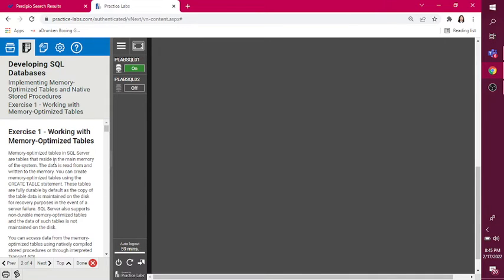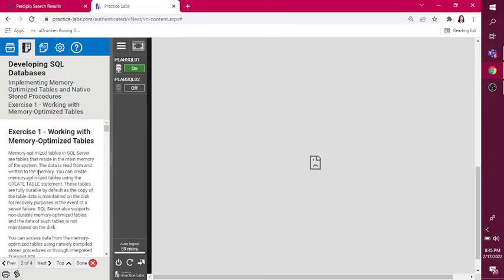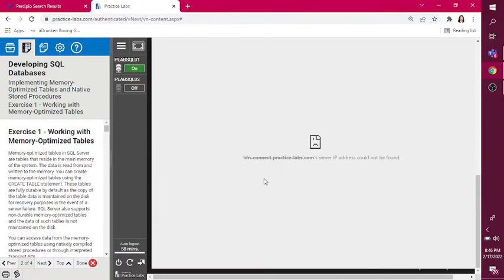Memory optimized tables in SQL Server are tables that reside in the main memory of the system. The data is read from and written to the memory. You can create memory optimized tables using the create table statement. These tables are fully durable by default as the copy of the table data is maintained on the disk. For recovery purposes in the event of a server failure, SQL Server also supports non-durable memory optimized tables, in which the data of such tables is not